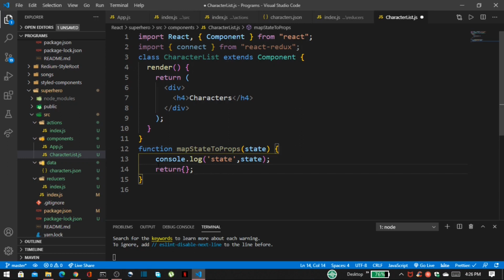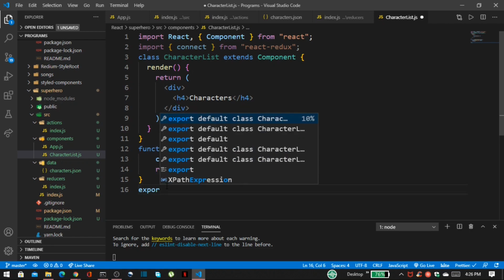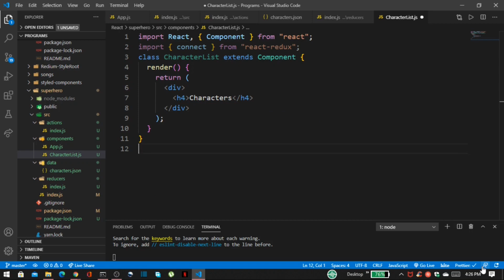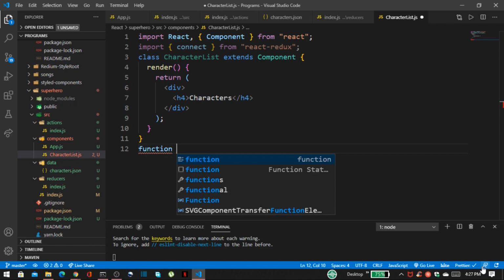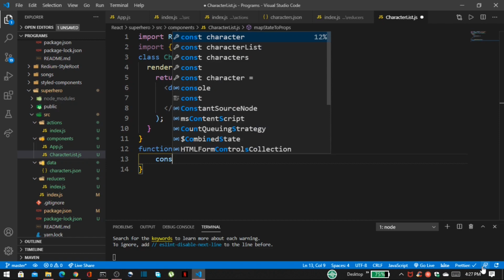Then we have to export default connect. So now we have to use our mapStateToProps, because it is used for selecting the part of the data from the store that the connected component needs. So function mapStateToProps. Then inside that I want to print state.